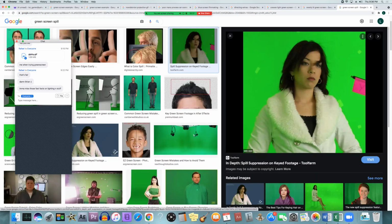But if there's any of that color coming onto her cheek or her coat right here, it's going to make it key out as well. So it's going to make your keying a lot harder. And that's why you want to try to